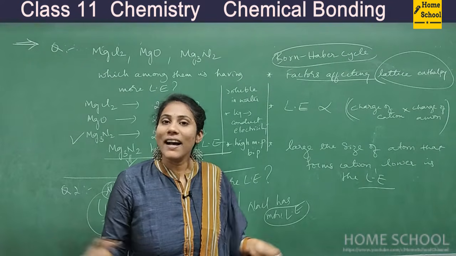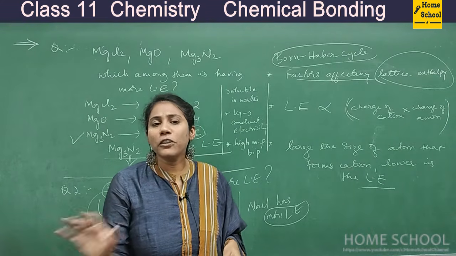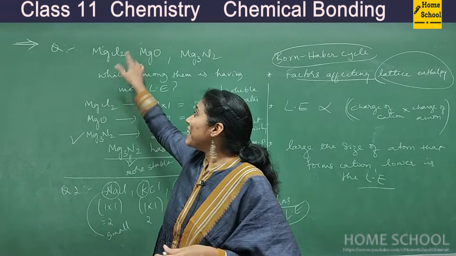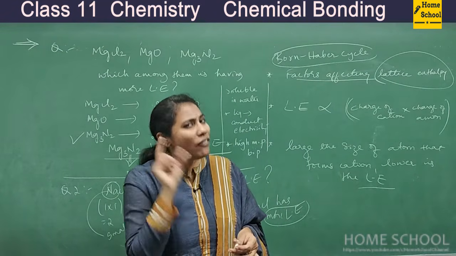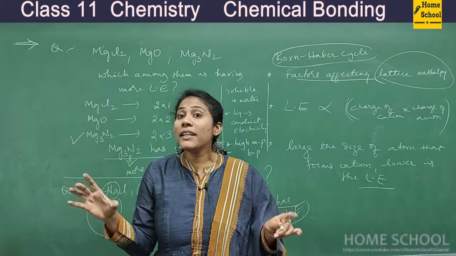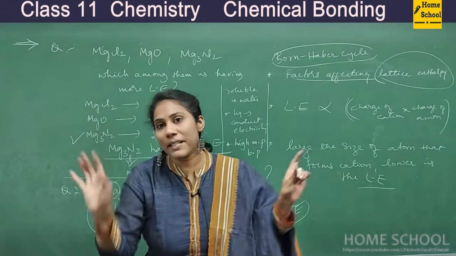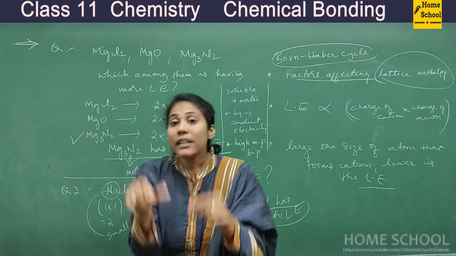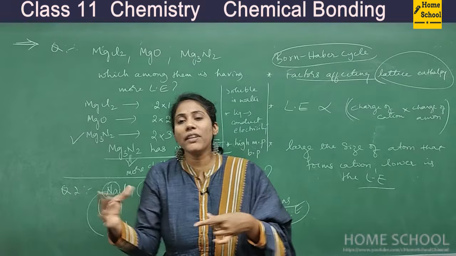With this, I am completing this session. In my next session, I'm discussing a very, very important topic. A slight introduction I'll give you now. Every ionic bond has some covalent nature, and every covalent bond has some ionic nature. That means no ionic bond is 100% ionic, and no covalent bond is 100% covalent. In a covalent bond there is some ionic character. In an ionic bond there is some covalent character. So this is what we are going to study.